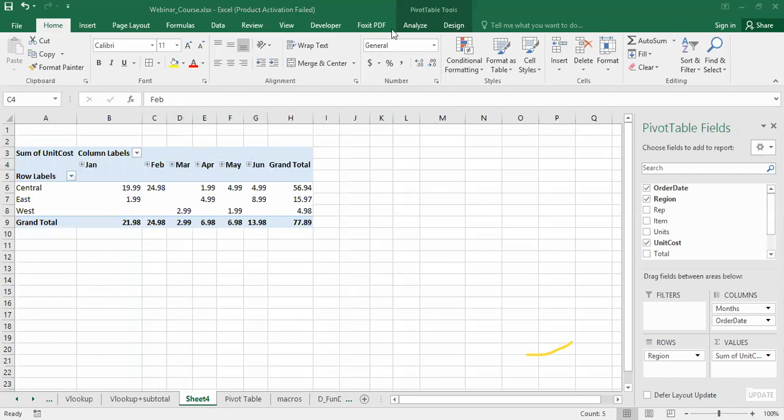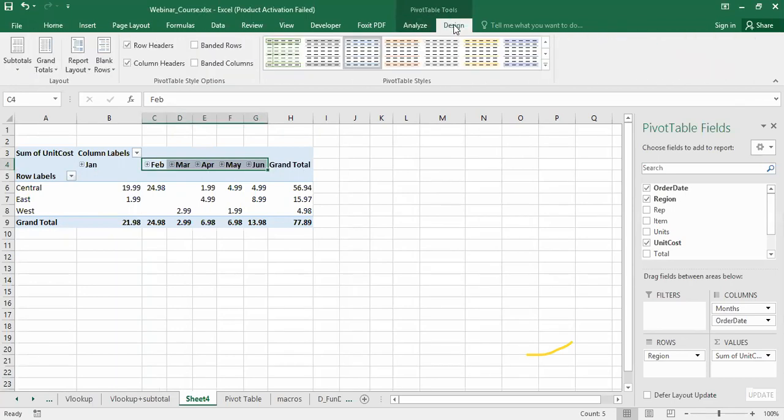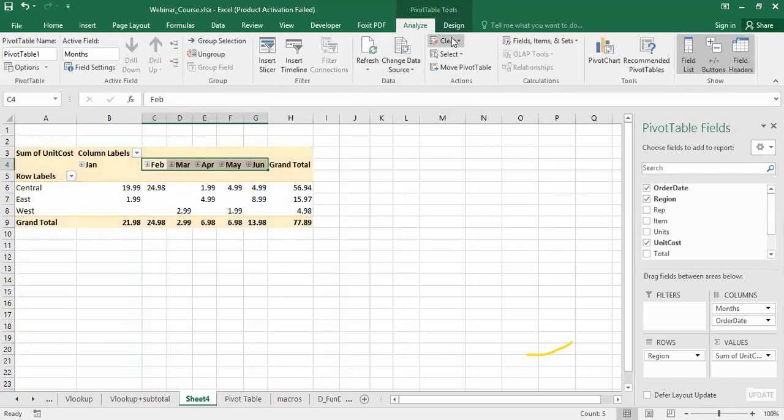So there are so many options available. When you are clicking on this particular pivot table, you can see pivot table options are now available. Analyze and design. We can change the design also this way. Or if you want to change something in that, we can put here analyze also, right? In analyze we have so many options available. We can change the fields. If I don't want the grand total here and grand total here, then we have different options. Okay, we can remove that. Anyway we want to do.